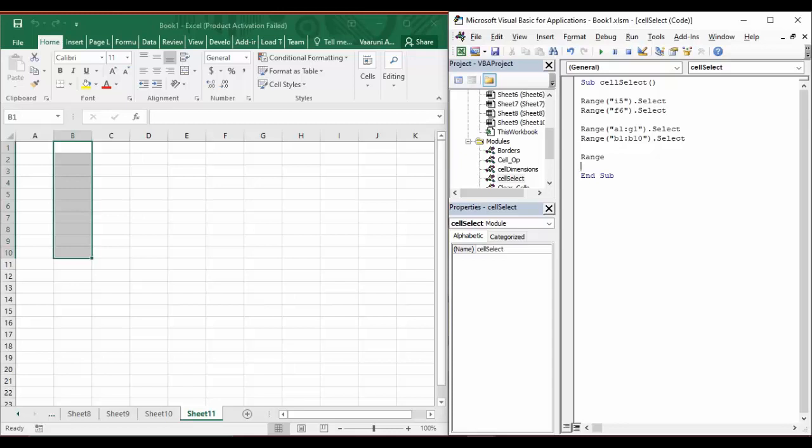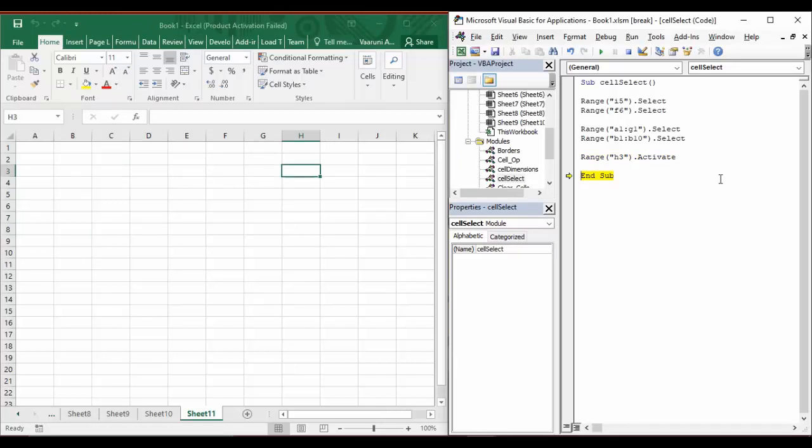So let's provide it with a range, and within parentheses let us provide the address of the cell. H3 is the target cell that I want to activate, so just type H3, close the double quotes, close the parenthesis, put a dot, and write activate. Once you press A, you can see that activate is the first property of the range function that you have got, so just press tab. Now if we run this piece of code in the macro, activate actually does the same thing as the select function.